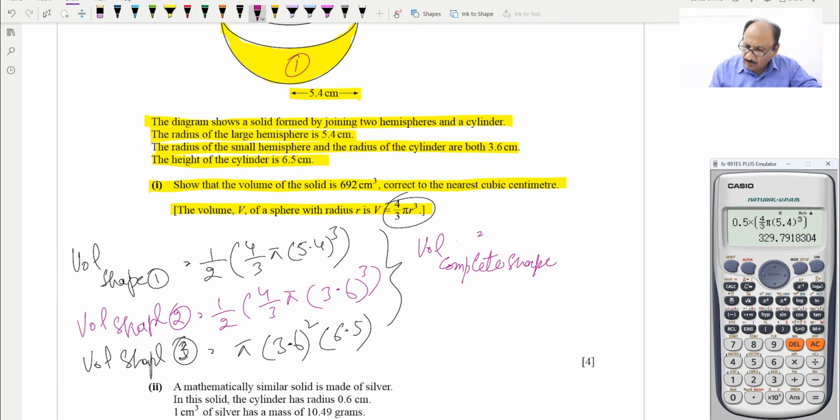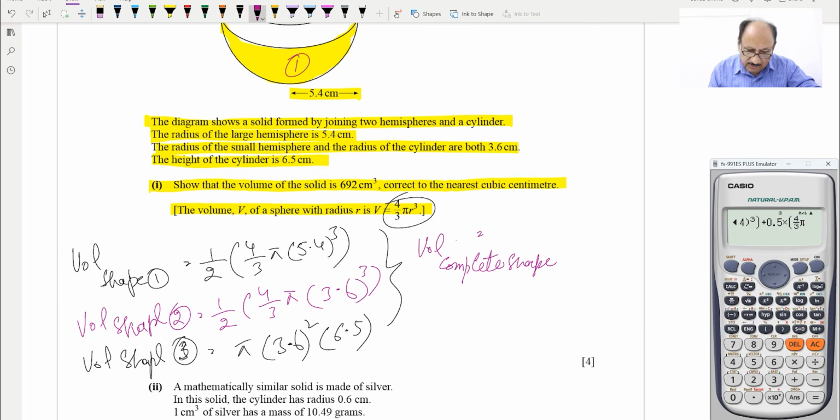We can write this one, 0.5 in brackets, 4 over 3 pi, and in brackets 5.4 cubed, bracket closed, and plus we will be writing 0.5 again, in brackets 4 over 3 pi,